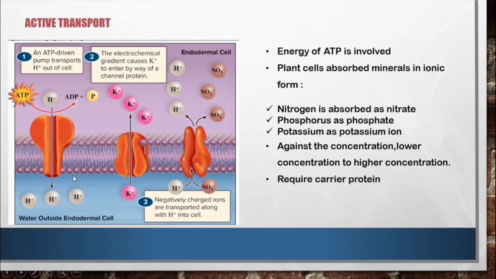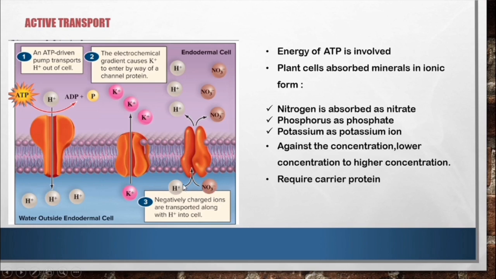The result is an electrochemical gradient that drives positively charged potassium ions through a channel protein into the cell. So this potassium ion will transport through this channel protein into the cell,